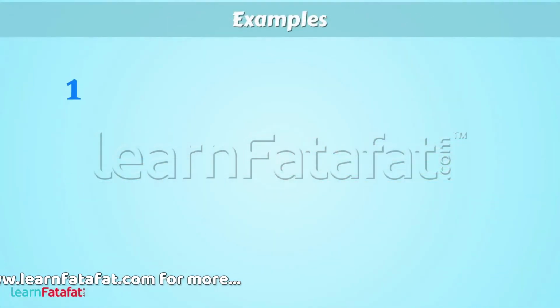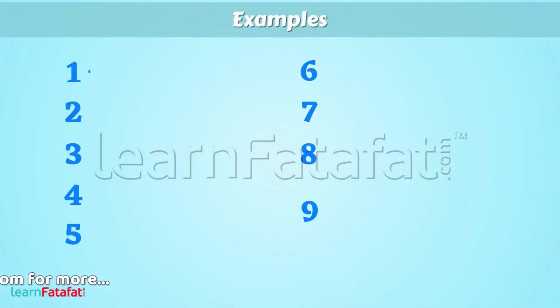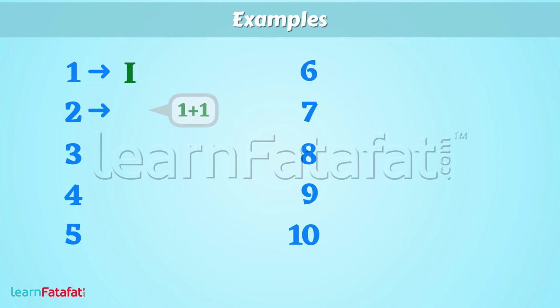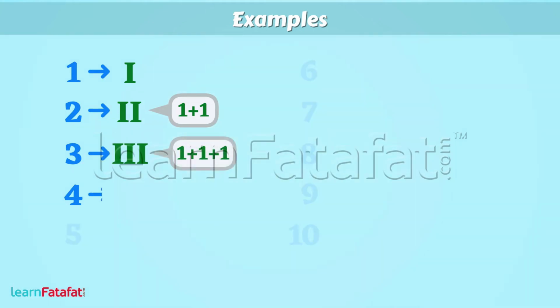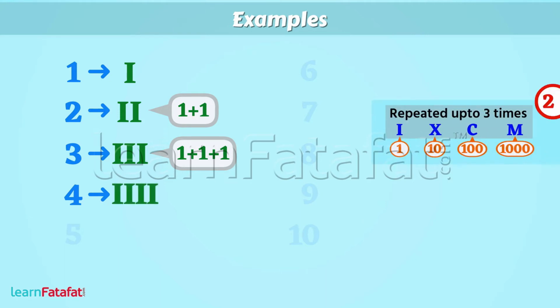Write given numbers in Roman numerals. 1, 2, repeat 1 twice, 3, repeat 1 thrice. 4 can be written like this. But by rule second, we cannot repeat a symbol more than 3 times. So this is incorrect. However, if we write 5 like this,